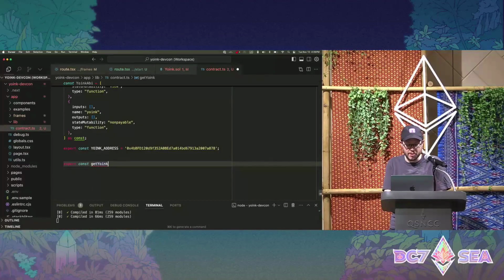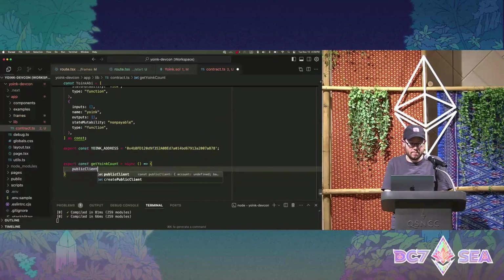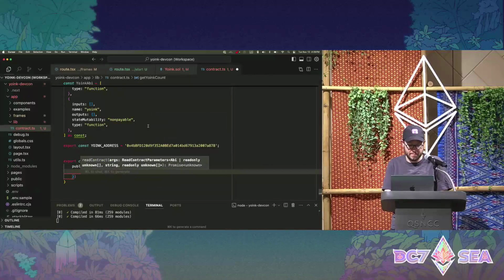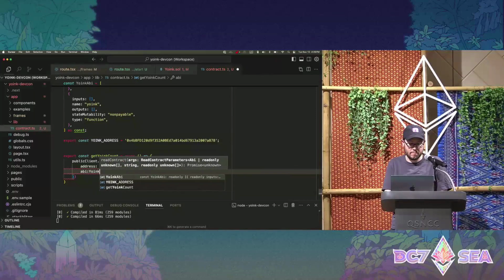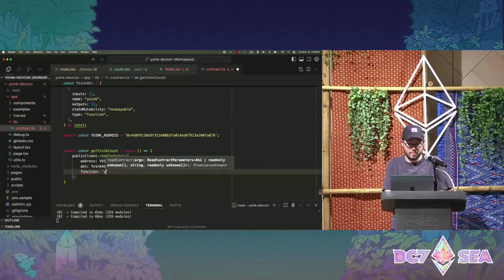Okay, so let's start by showing how many times the flag has been yoinked. We'll just create a function here, getYoinkCount. And we'll read our contract. And we'll call this function, I think it's totalYoinks.